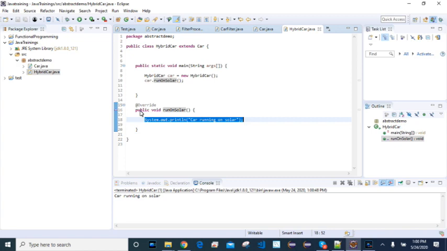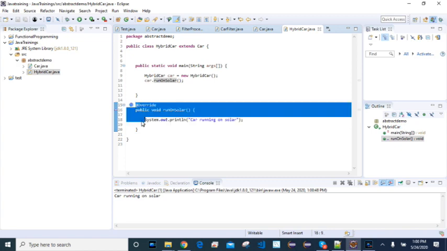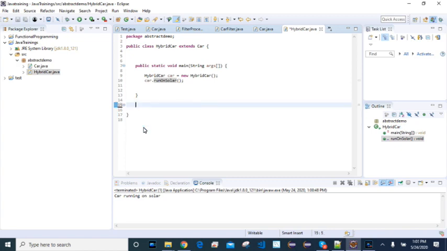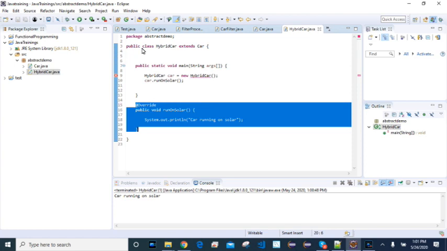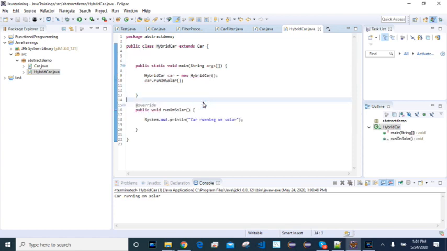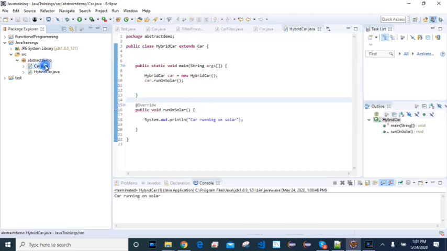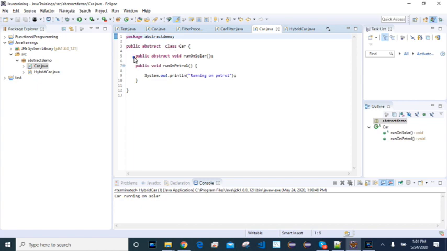So suppose you are not able to override this particular method here, then you need to declare your HybridCar class also abstract. There is no other way, so you need to declare that class as abstract. Okay, suppose you are able to provide implementation for one method and you are unable to provide implementation for another abstract method, like